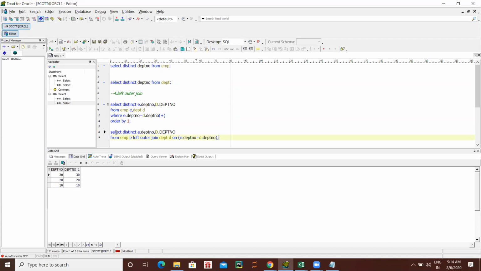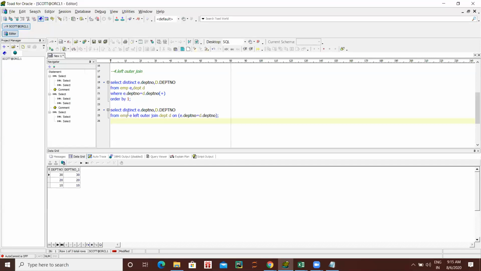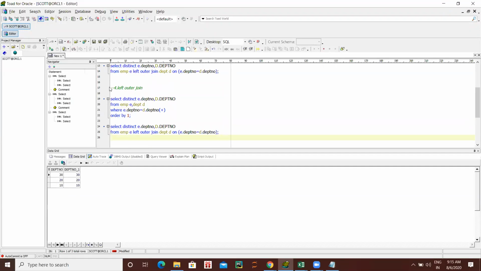Now we'll do the right outer join. Just from the comment to the end, copy. Okay, Control A. Now just give number fifth instead of 4. 4 is done.